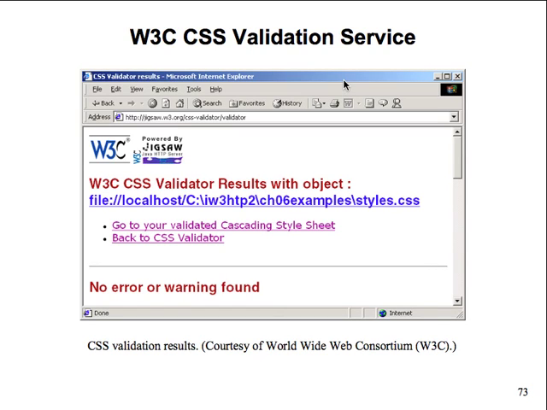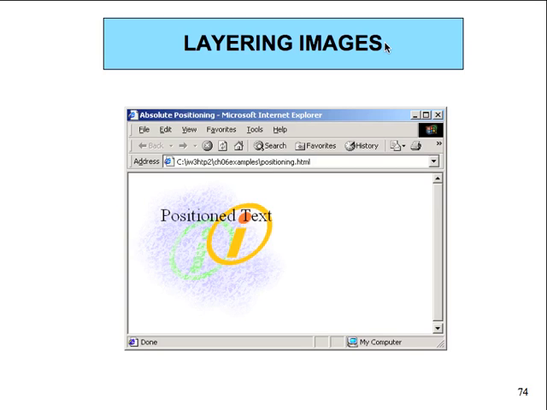You can go to a website. No error or warning found on this particular one here, so apparently the CSS is okay. It doesn't really give you too much. It's just going to basically say it's good, or there are 25 errors, 50 errors, and then you know there's a problem. You don't have to validate your CSS files for this class, although one of the assignments, actually probably all of the assignments, says validate your HTML page, which is not a bad idea, because it gets you in the habit of using the proper syntax. As we know, it will all work, it just may not necessarily have a closing tag for every opening tag. So moving right along,